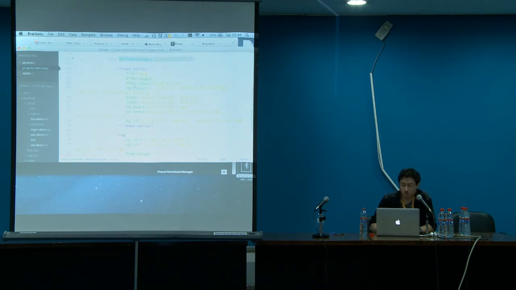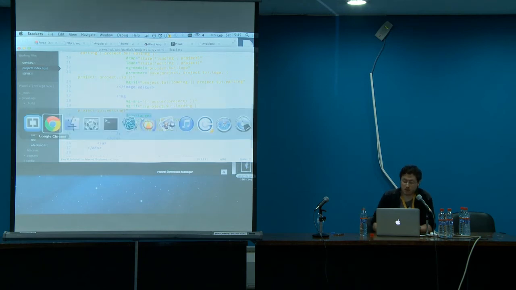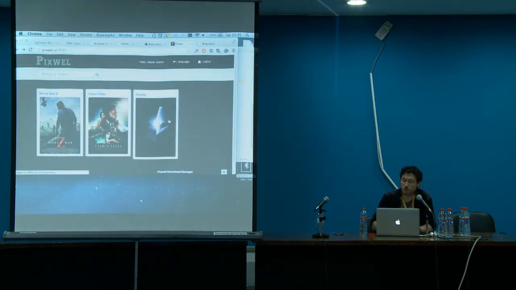To back up quickly, there's this directive called drop target, and it has some associated directives like overclass and ng-model and drop. Drop target means this is an element that can accept files dropped onto it.